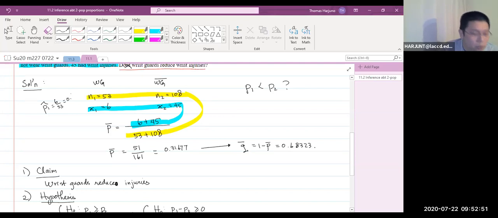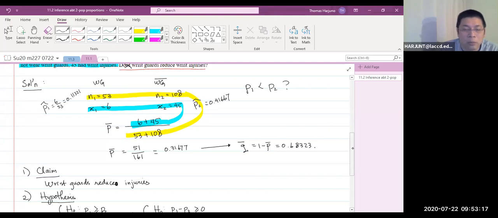It's 0.11321. And P2 is 45 over 108. That's 0.41667. On Monday, after you study this, then we go back to the requirement for us to be able to